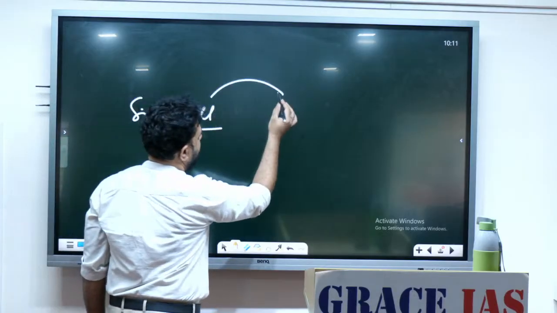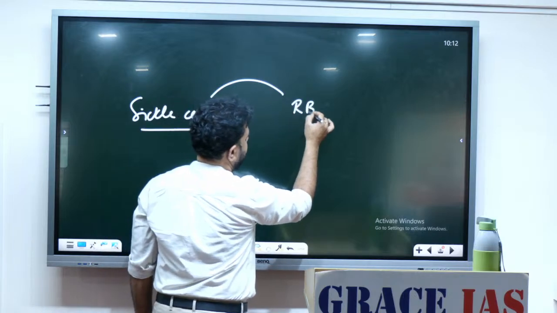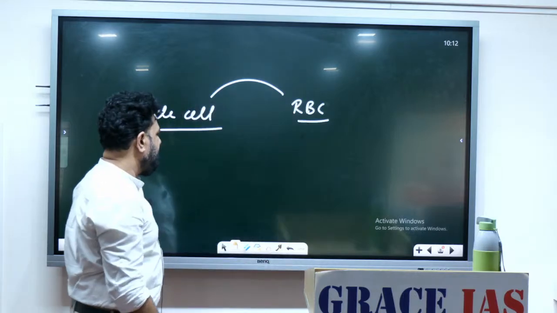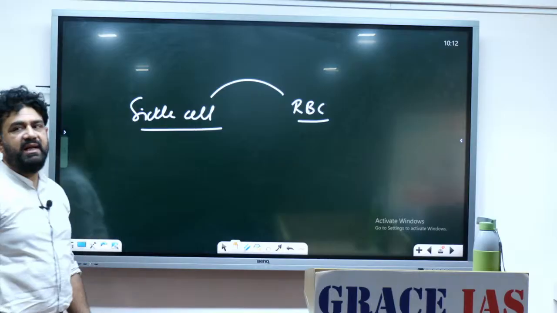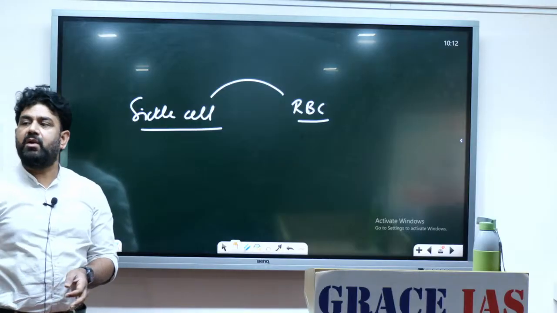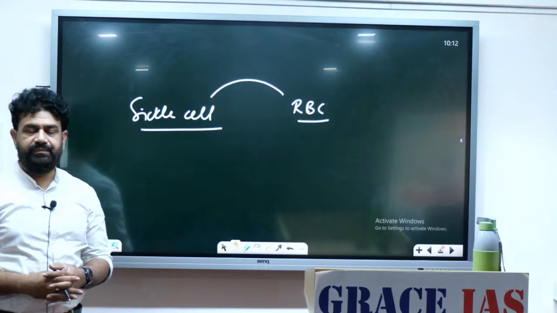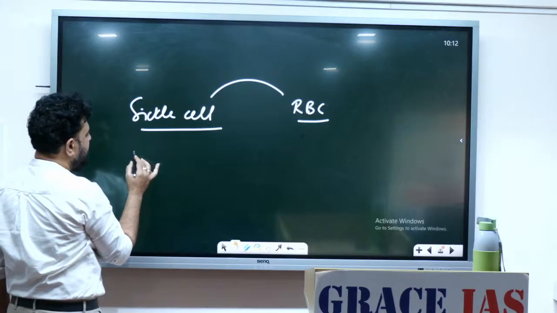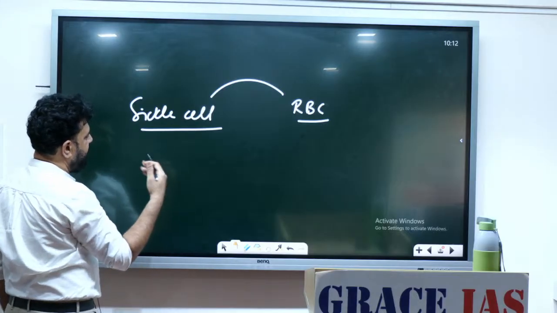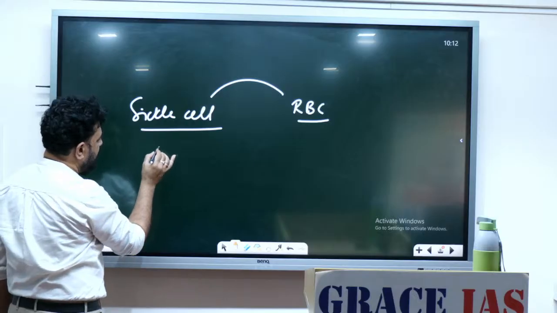This talks about RBC. RBC is a red blood corpuscle. Don't say red blood cell. It is a corpuscle, a formed element. Yes. So RBCs, also called erythrocytes, are formed in the red bone marrow, usually are circular